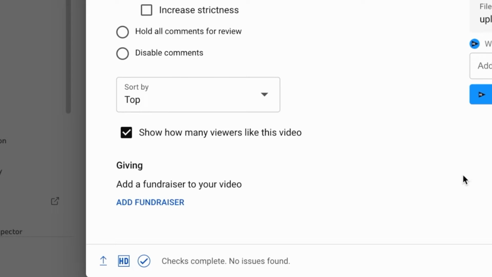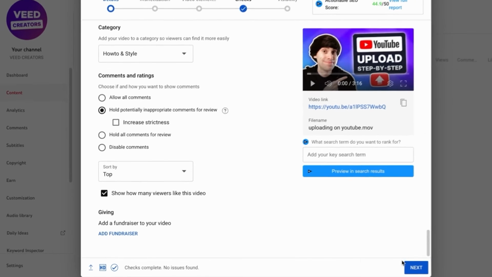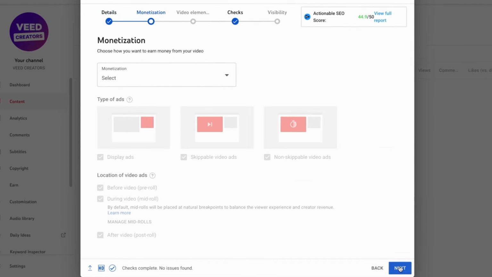And there's also an option here to add a fundraiser, but that is the longest page of details done, and we can hit next. Now, if you are a monetized channel, this is where you'll see your monetization settings and your ad suitability,